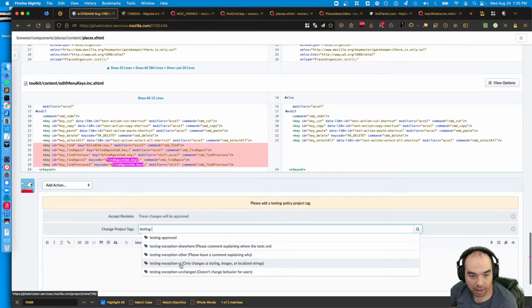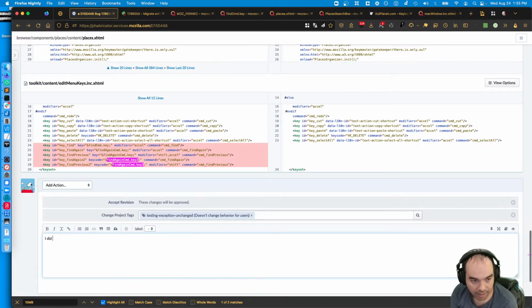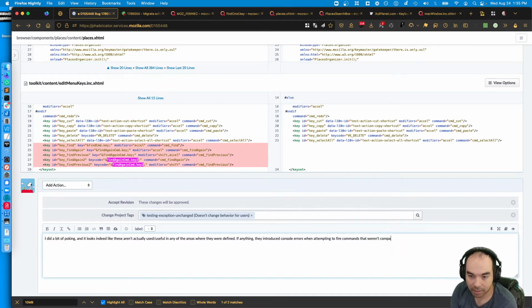I did a bit of poking, and it looks indeed like these aren't actually useful in any of the areas where they were defined. If anything, they introduced console errors when attempting to fire commands that weren't compatible with their contexts.